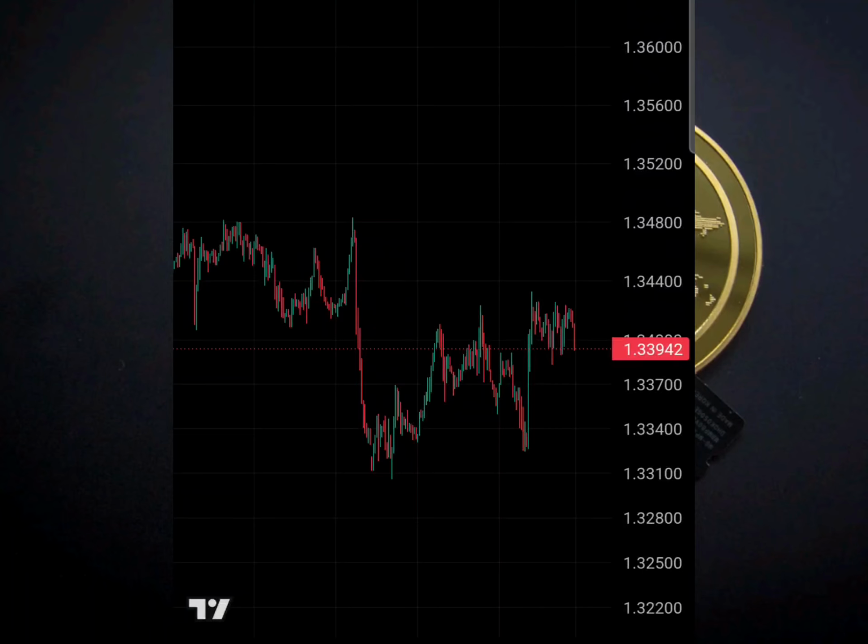I will show you a simple GBPUSD strategy beginners can start using immediately with support, resistance, and confirmation candle. I'm going to draw everything from A to Z for you so that you can learn the strategy from A